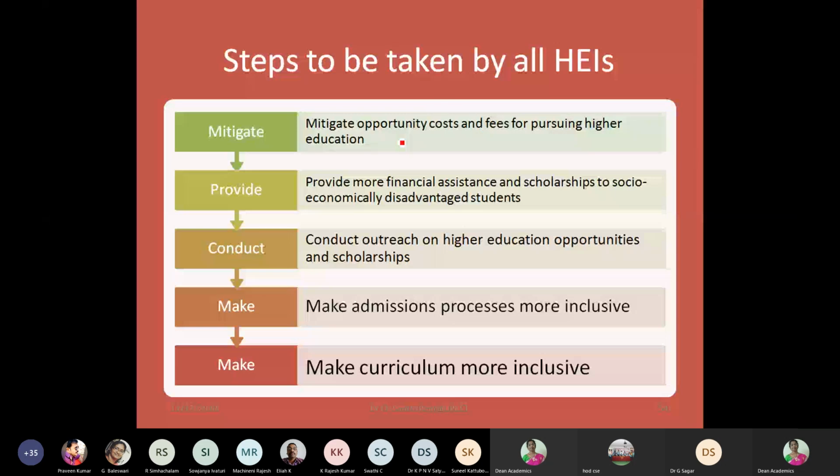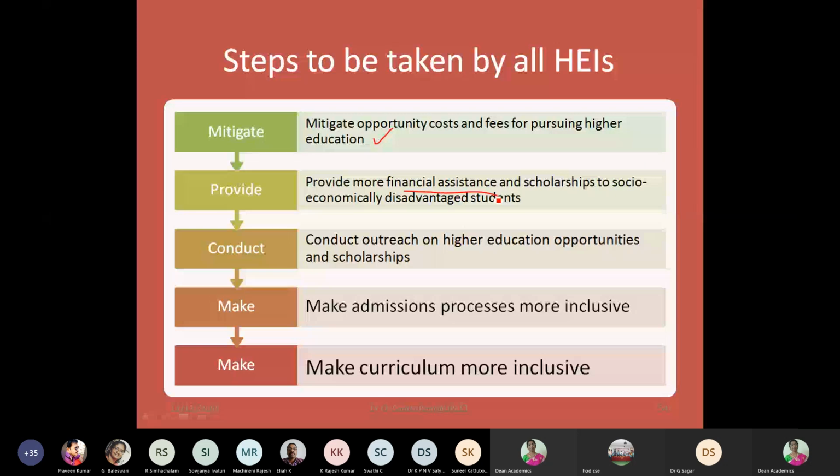Let me move a little bit faster. These are about the institutions only. So mitigate opportunity costs and fees for pursuing higher education. So this is going to happen. That means the higher education cost and fee will be reduced in future. Maybe the government is going to fund some of the organizations, and our higher educational institutions should provide more financial assistance and scholarships to